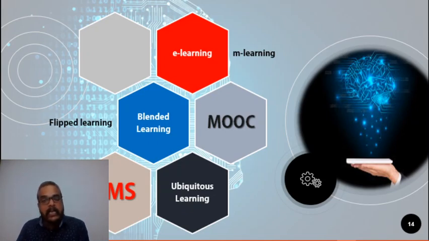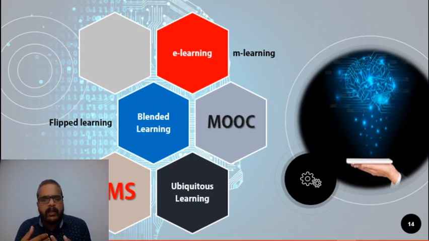But on the other side, the effectiveness of your m learning depends on how rigorous, how meticulous your plan and your design of learning is. Otherwise the mobile learning would be seen as just some content transferred to the mobile. Then slowly we talked about flipped learning.